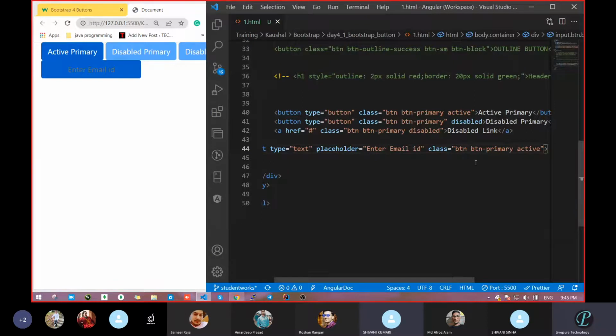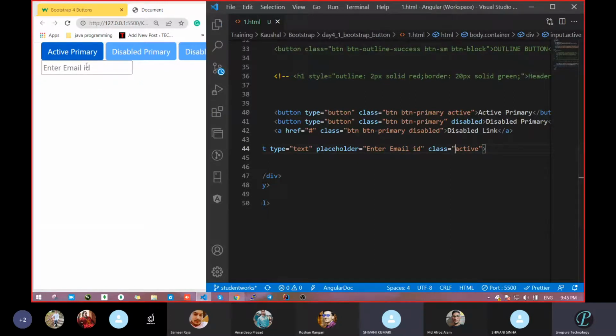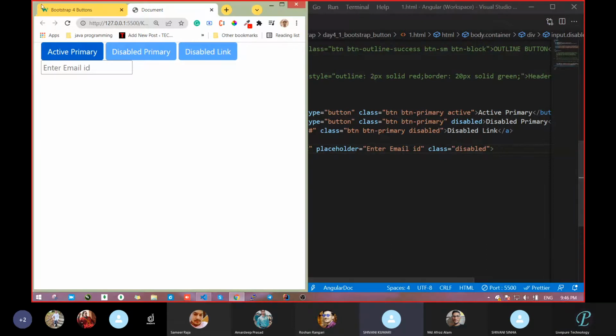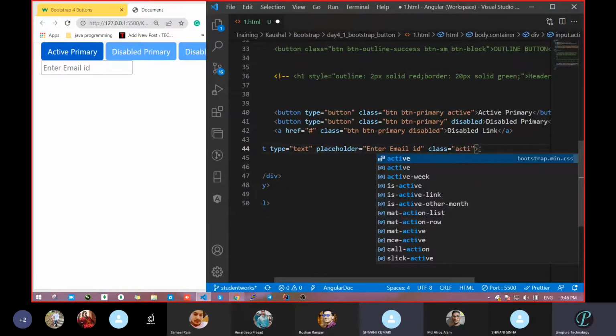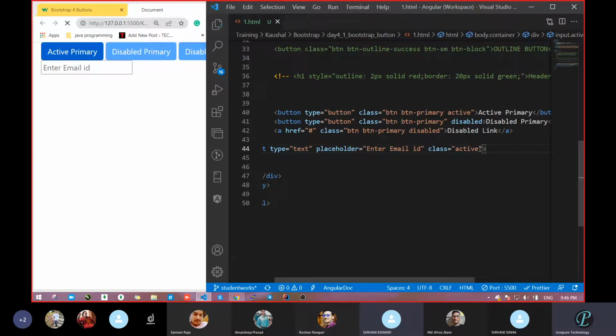See, due to btn, it becomes completely bold, meaning inside also the color got filled. Remove all this, I don't want this. I want just active. So due to active, it comes something like that. Do one thing, write disabled and save. The color came somewhat gray. And when we pass active, the color will be something like light.